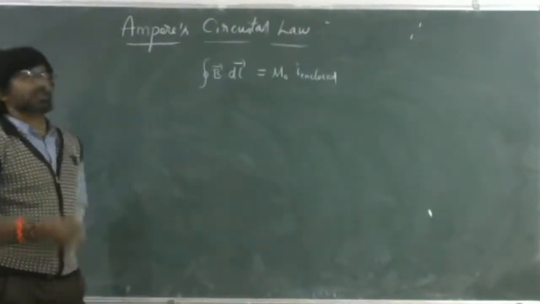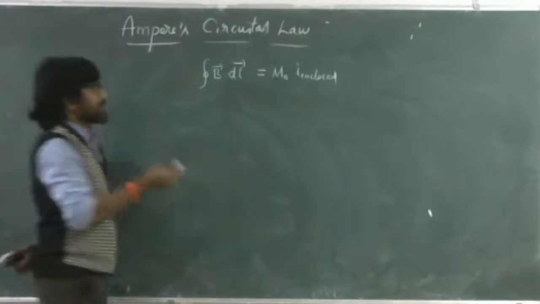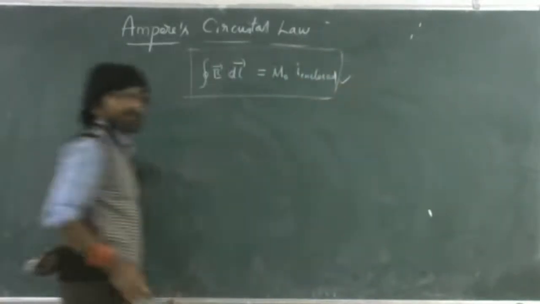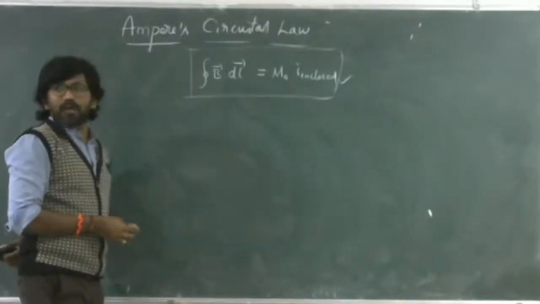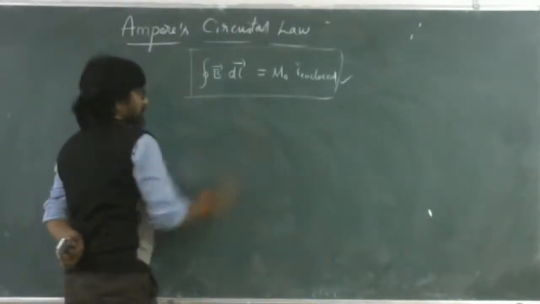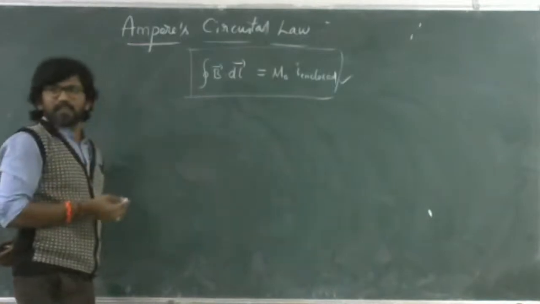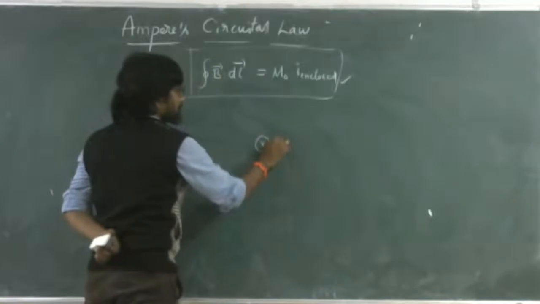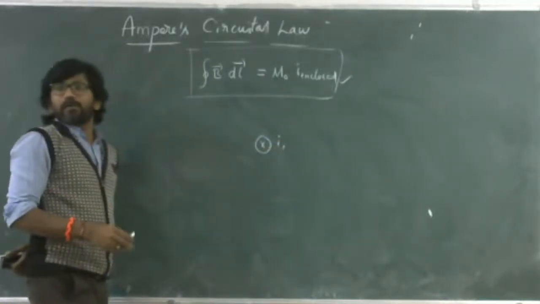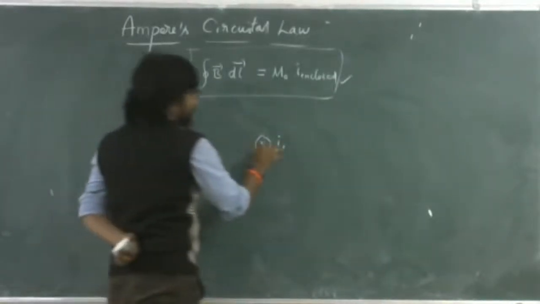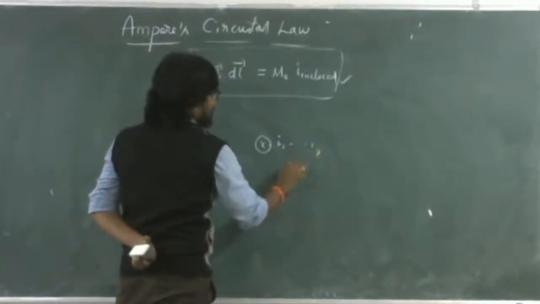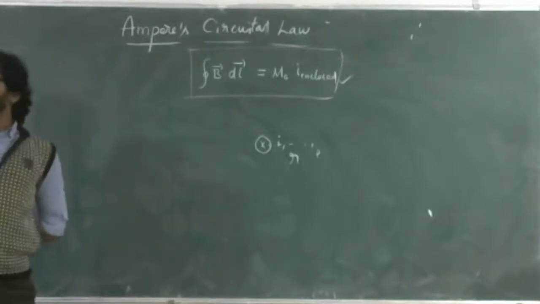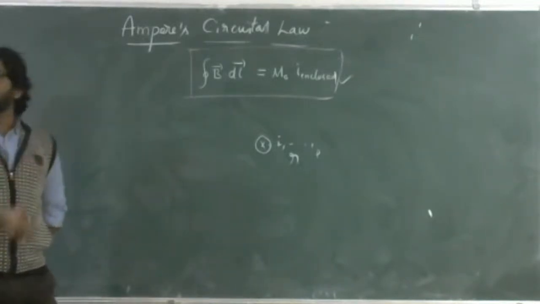To understand this, this is the mathematical form of Ampere's circuit law. If we consider a simple conductor in which the current I1 is flowing into the plane, and we are asked to find the magnetic field at a point P which is at a distance R, even if one conductor may be there or two conductors or a different number of conductors may be there,